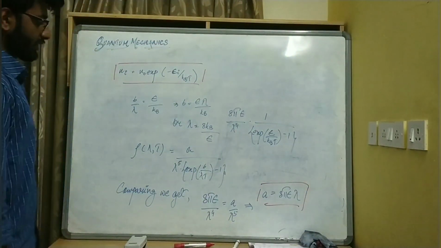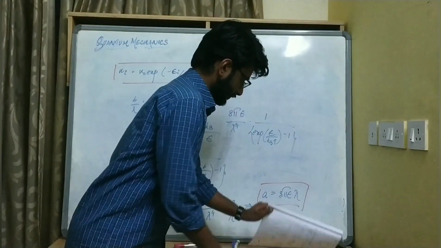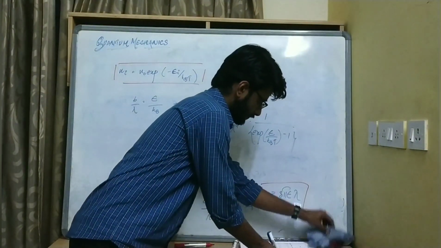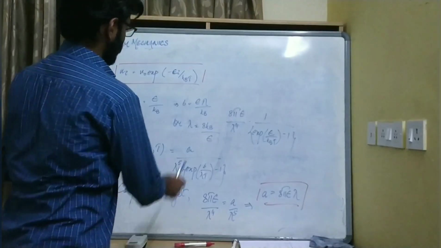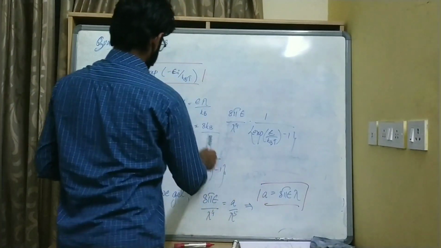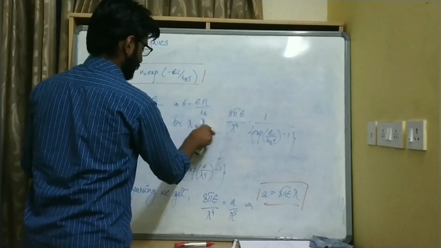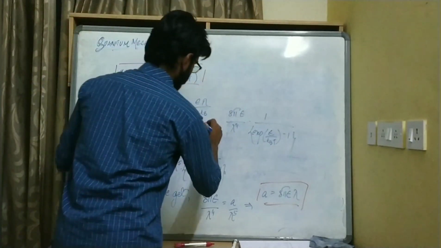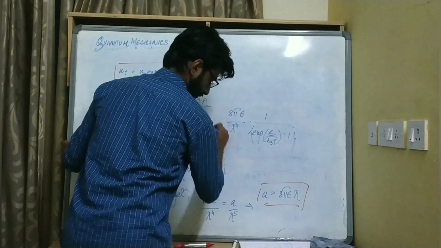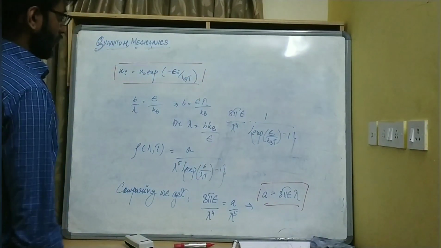Okay, so this is the term that we get, and you can substitute it here. Sorry, this is not 8 epsilon. There is some mistake. This is kV, B kV epsilon. Okay.